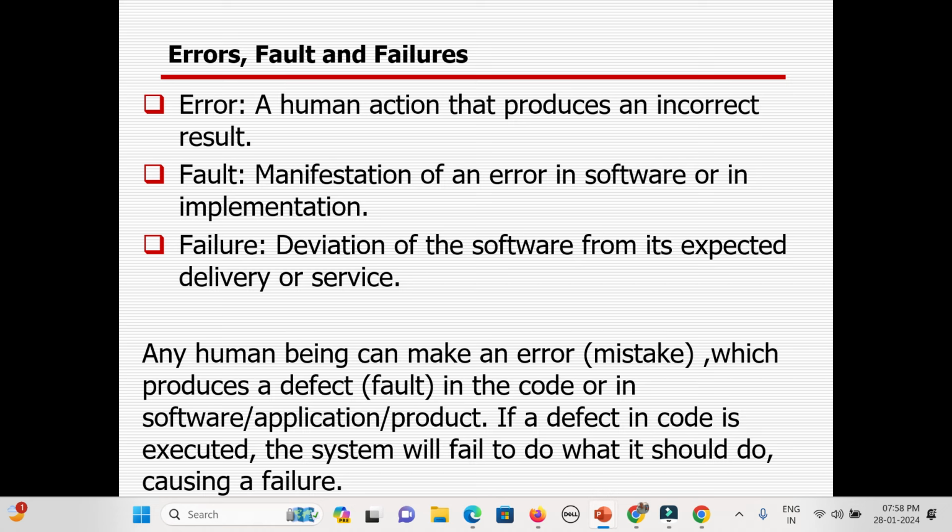Then error, fault, and failure. Let me give a simple example. You are a person, and you know your capacity. Maybe you can eat 500 grams of food in a dinner or lunch. But you go to a marriage ceremony or a birthday ceremony and you eat maybe 2 kilos.